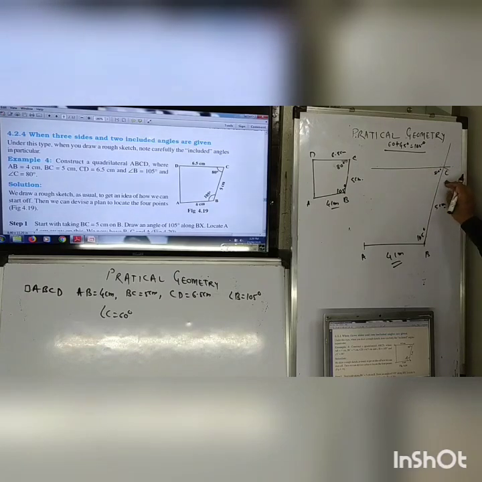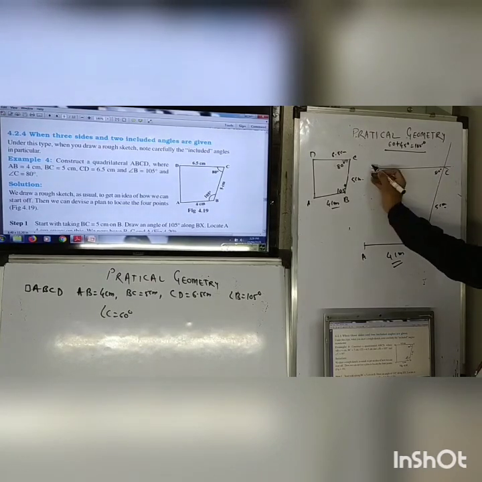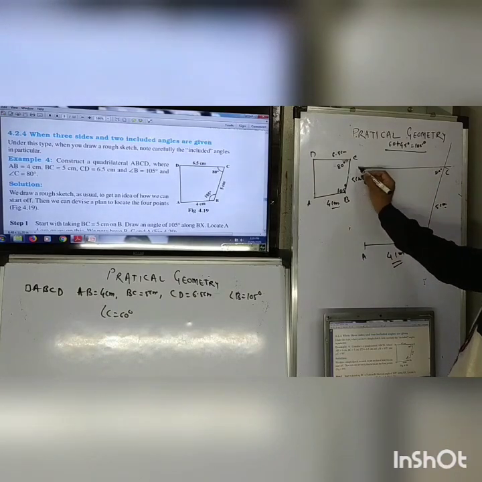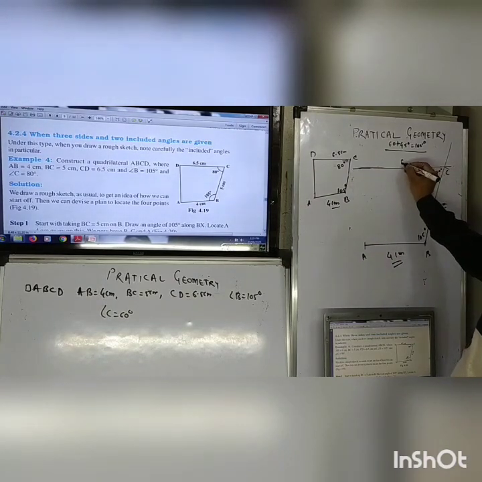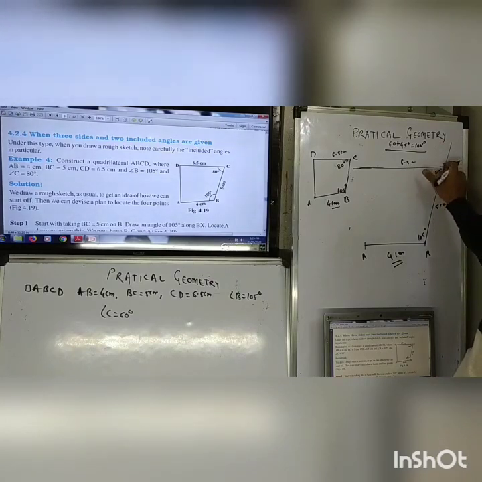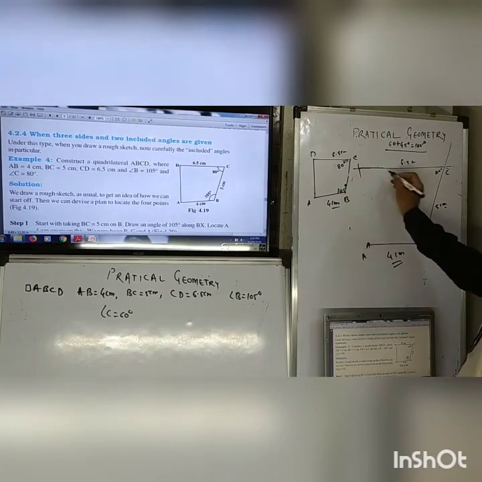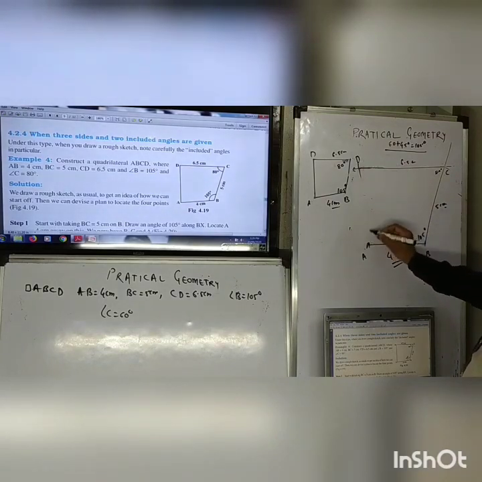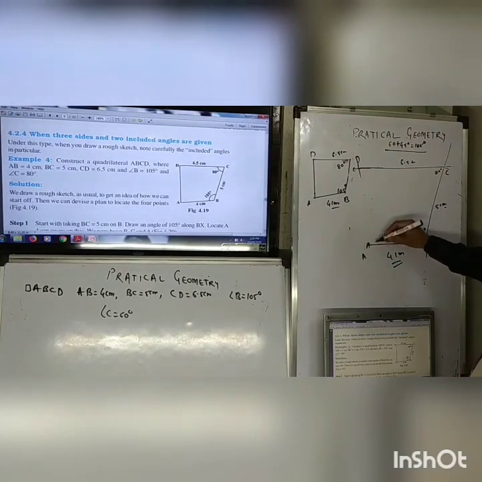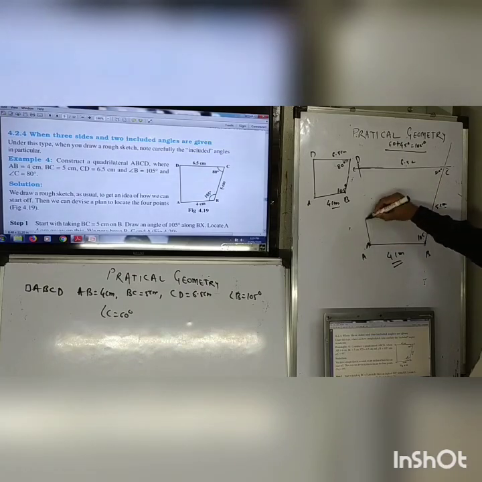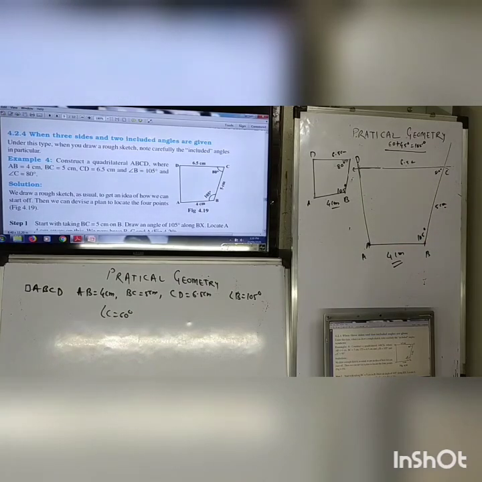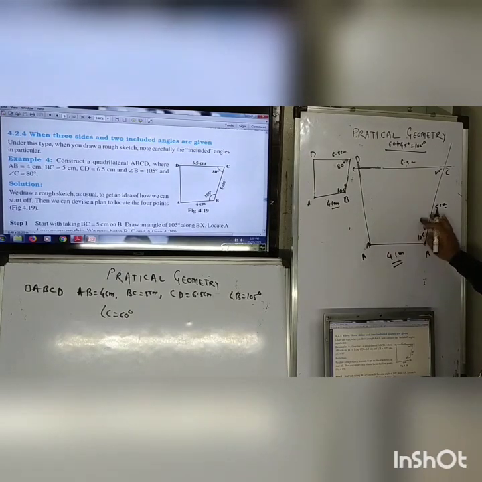Point D is remaining. For point D, CD is given 6.5 centimeter. So put the metallic end of the rounder at C. Take 6.5 centimeter, so it is near about like this, and this is 6.5 centimeter. Draw one arc intersecting this ray at D. This is 6.5 centimeter away from C, and this is what we say point D. First join AD, and this is quadrilateral ABCD.